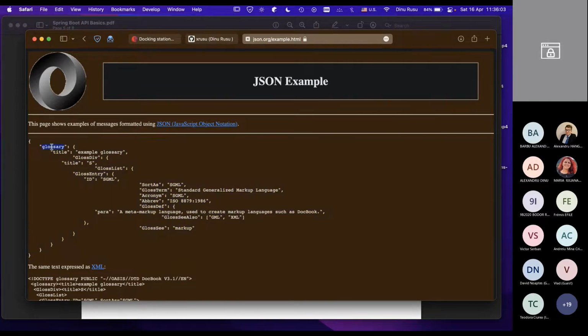You have a key on the left side, and then you have its value. So in this case, for glossary, you have a value that has inside of it another key and some other value. So this is the title key, and the value of the title key is example glossary,